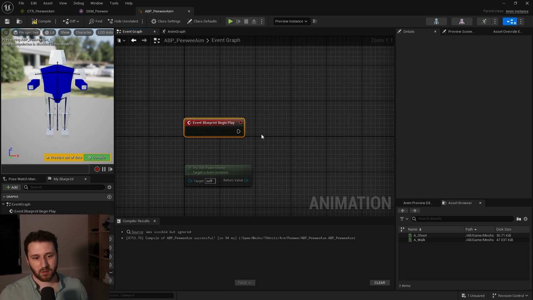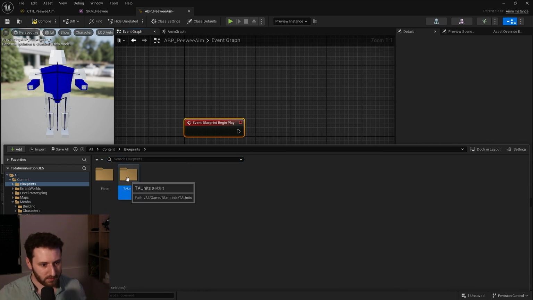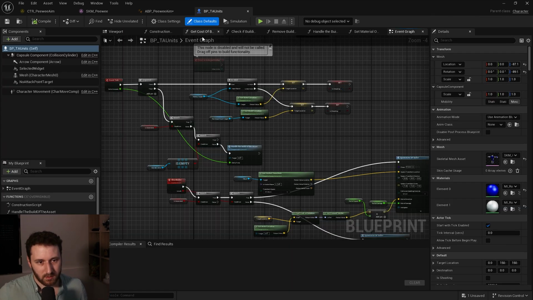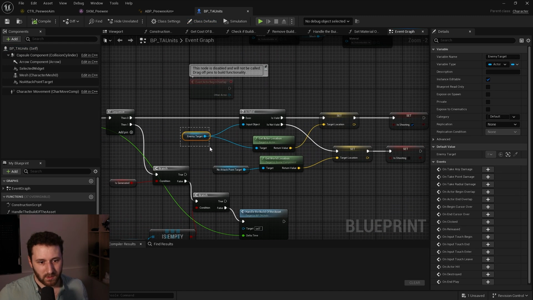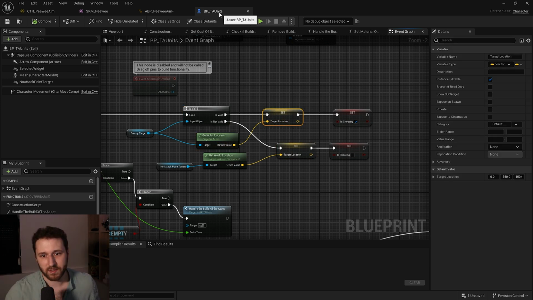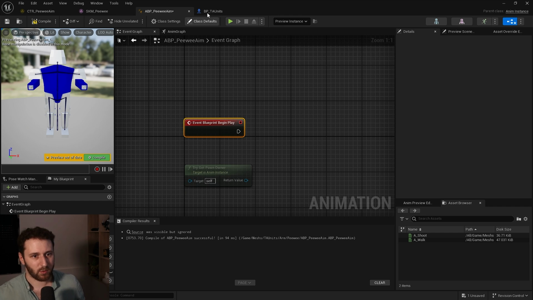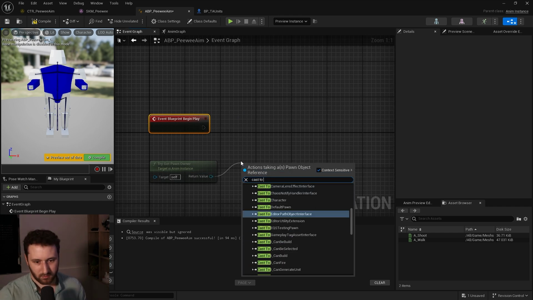I already have set up the blueprint of the character for the enemy stuff. I will just show you how it is. In this TA unit, if I have an enemy target, and it's valid, I will get the actor location and set the target location. So I can use this variable that exists in my TA units, as this character will be a child of this TA unit. So we will cast to TA unit,